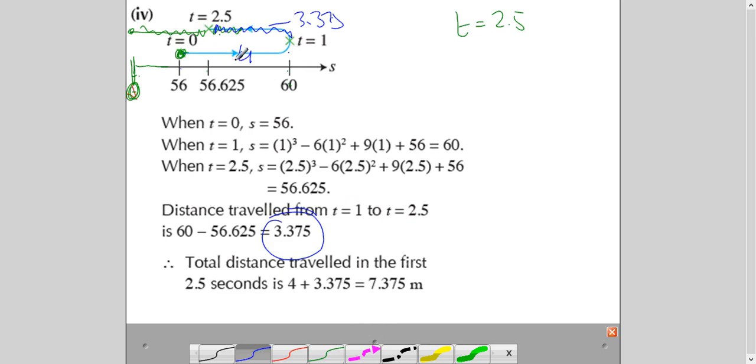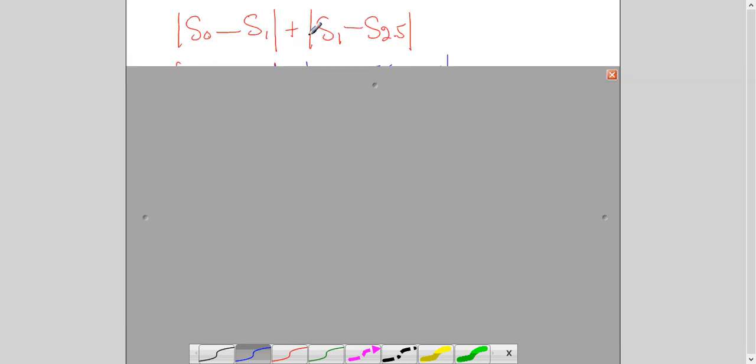Without drawing this rough sketch, how can I find out the distance covered? Because if the object has taken 1 turn in this question, if I was asked to find out the distance covered in 5 seconds, then I would have to do 2 times breakup, from here till here, from here till here, and then again. So the technique is, you have to see the time at which it is taking a turn, which is 1 second. In the modulus, you write down the distance from the fixed point at 0 seconds.